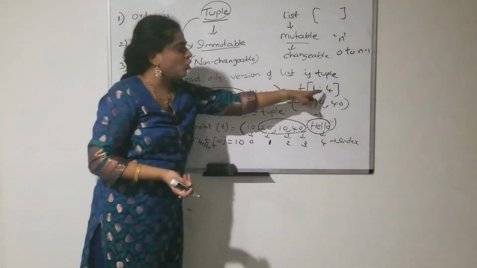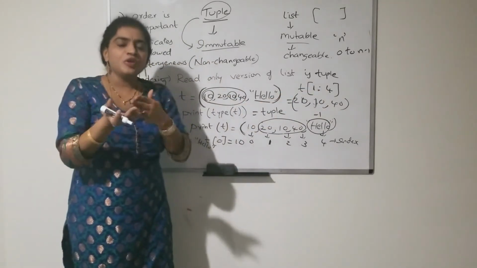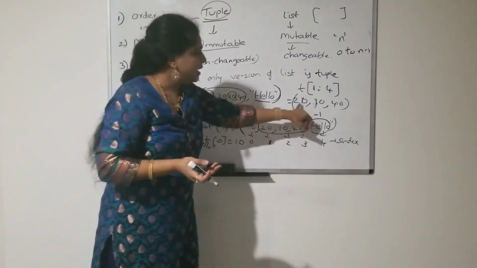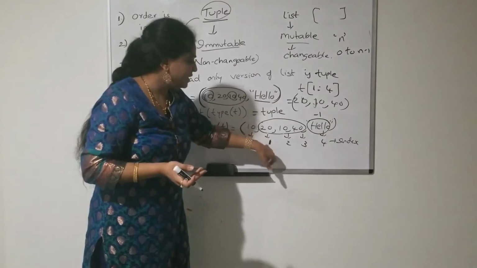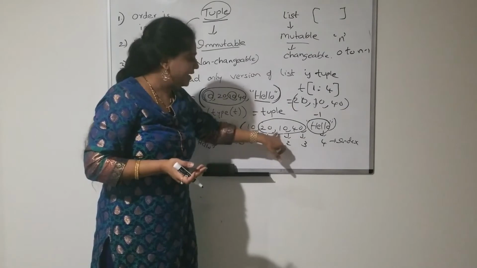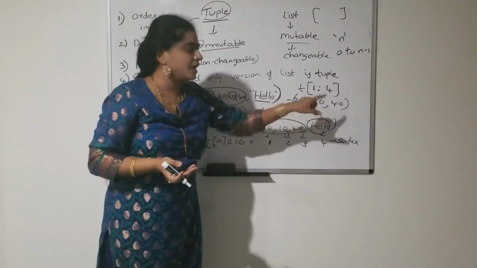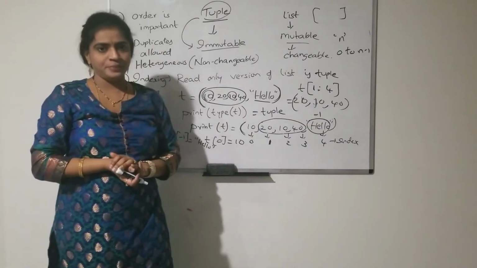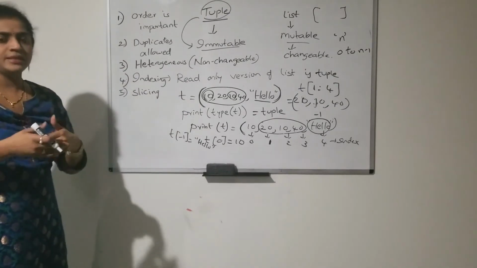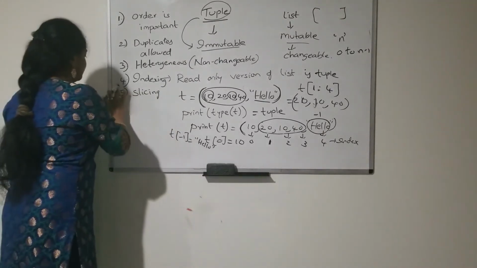Okay, T of 1 colon 4 means what is that? If you are using a colon, it indicates that you have to access some part of the tuple, which is nothing but slicing. So from index value 1, the element at index 1 is 20, right? So, 20, 10 and 40. Here 4 means up to index 3 you can access. So, 20, 10, 40 is the output of the slicing operation. Got it? That means slicing is allowed in the tuple, just like in a list. And the next one is